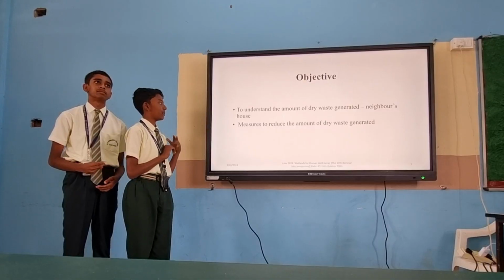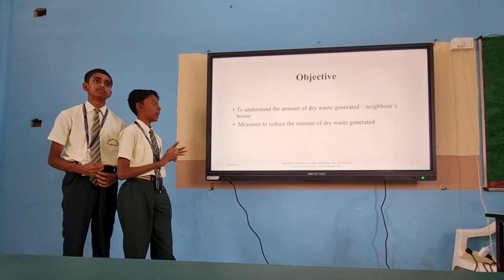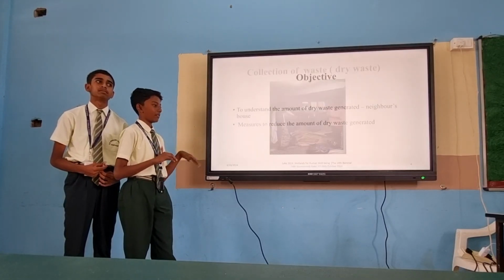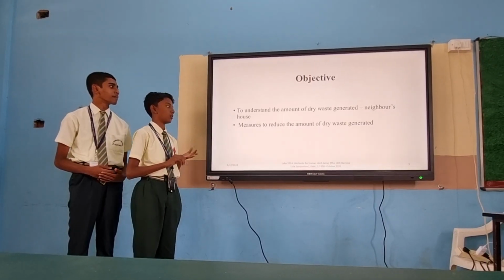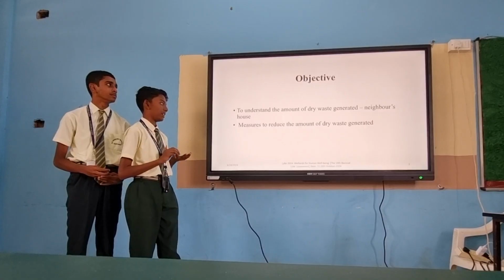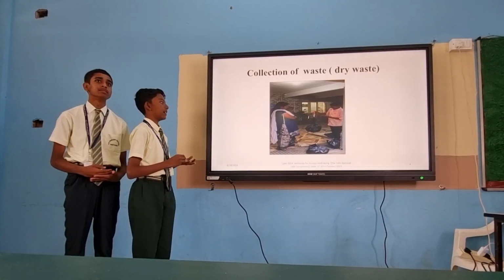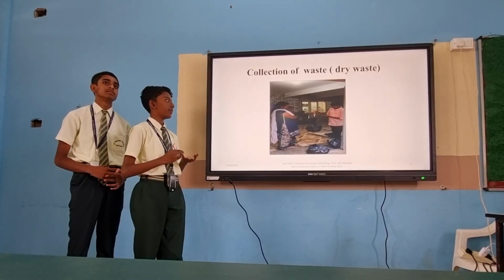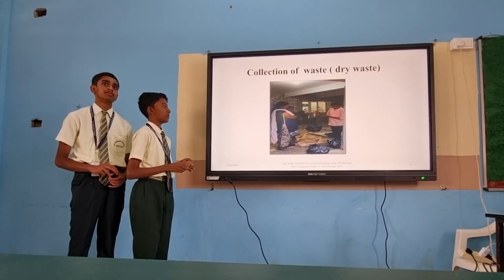also to understand the measures to reduce the amount of dry waste generated. We selected our neighbor Sheila's house and asked her to store 1 week's non-recyclable dry waste. We collected the waste and weighed it. It weighed 750 grams. We were surprised. We segregated the waste